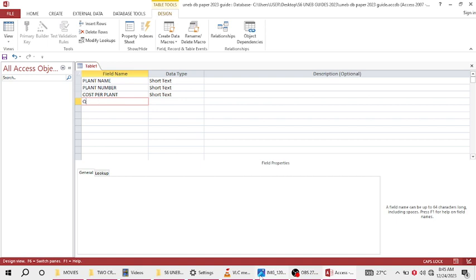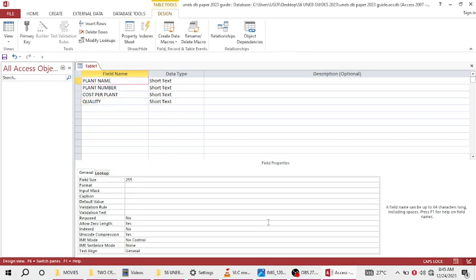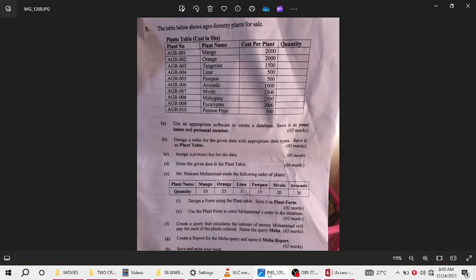Forgot the Q. Quality. Okay. So whenever you're creating fields in database, you should be very keen with the data types, appropriate data